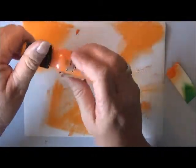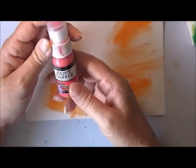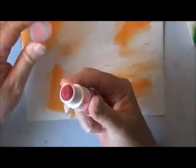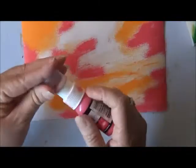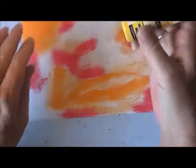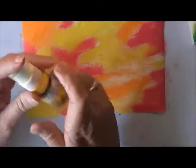And put the lid on. Oh, it's all crusty around the outside. Get rid of that. Okay, and we'll go for some Cherry Classic in the paint daubers. I don't know if this one's working. And I've also got some lemon twist. And I might bring in